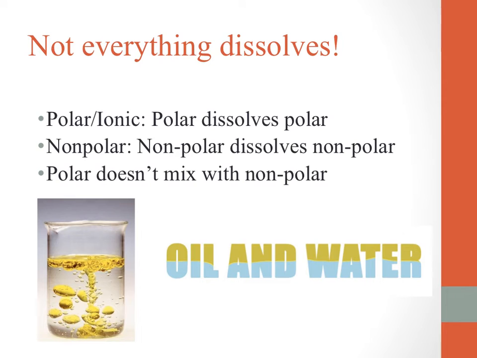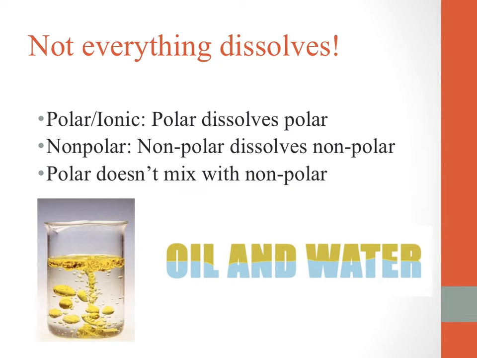Not everything dissolves. That's a key concept, and one of the key concepts of this early stage of this chapter. Definitely have a question about this on the test. Not everything dissolves. Sometimes you have things that dissolve, and sometimes they don't dissolve. In order for two things to dissolve, they have to have similar or the same polarities. Ionic and polar covalent are pretty much considered to be the same, and ionic is just a very, very, very